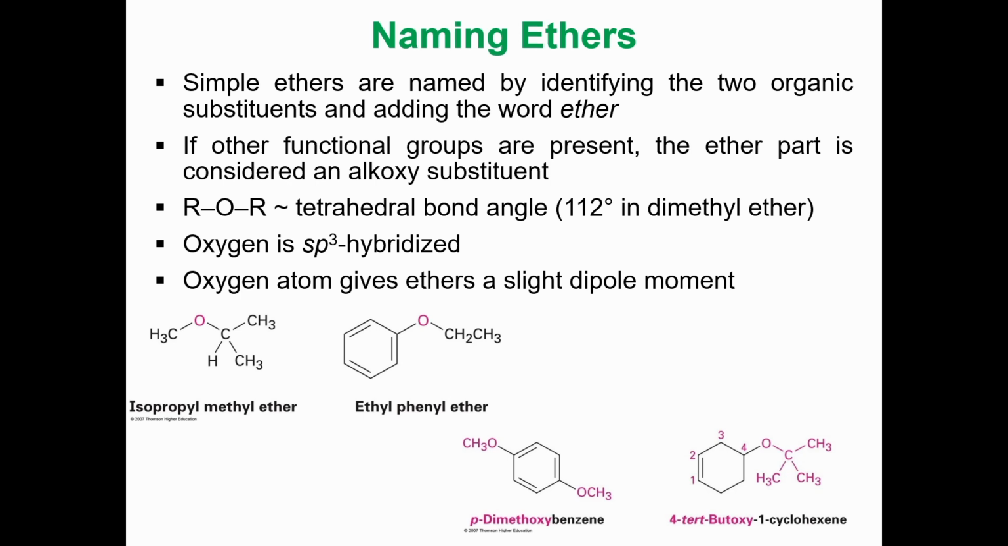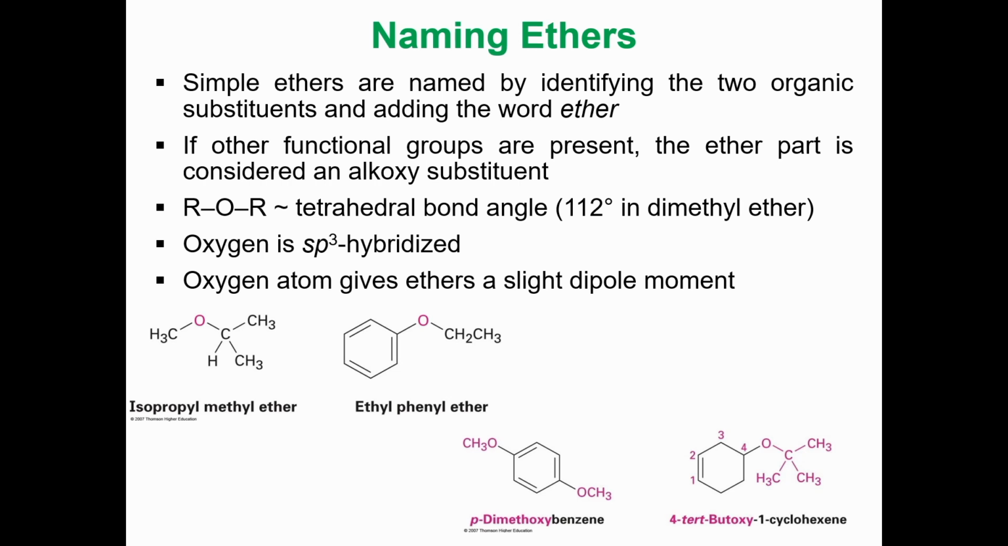Now look at the last ones. We talk about para-dimethoxybenzene. They are in the para position and there are two, so we say dimethoxy, two methoxy groups in the para position on the benzene ring. So that's what we call it,